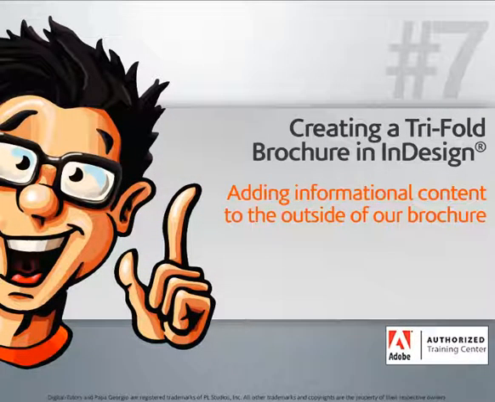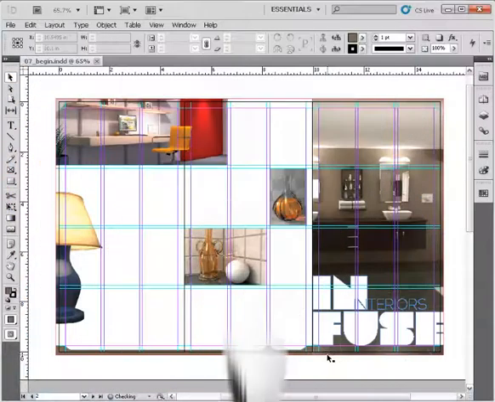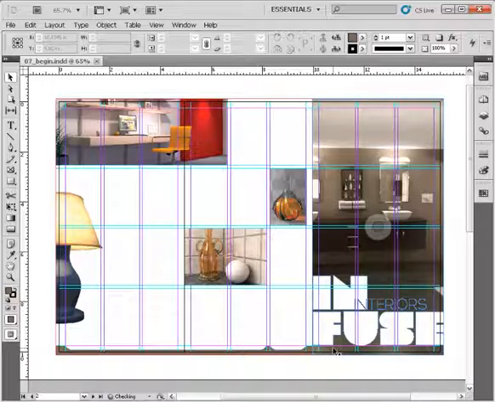In this lesson, we'll learn how to plan for and place text content into our brochure. Alright, so in the previous lesson, we've wrapped up placing some images into our brochure. Now, it's time to go ahead and start bringing in a different type of content, and this is going to be our text content. Now, there's a lot of different ways that we can work with text here in InDesign,